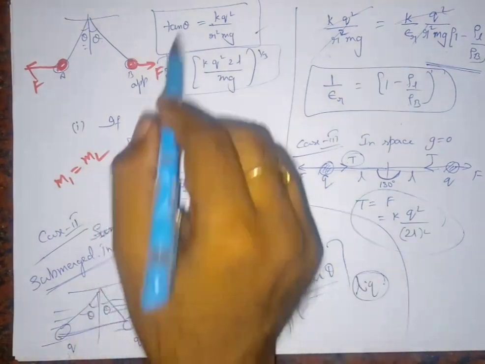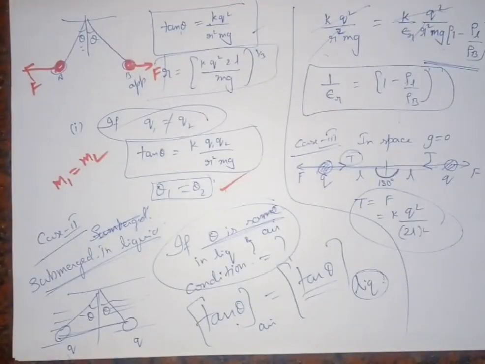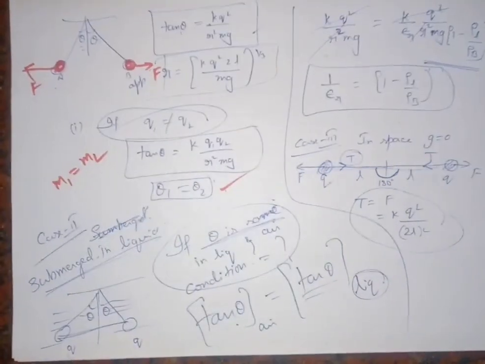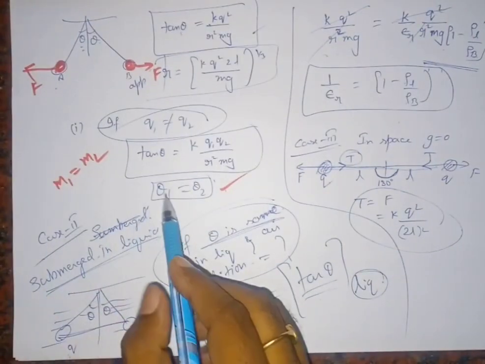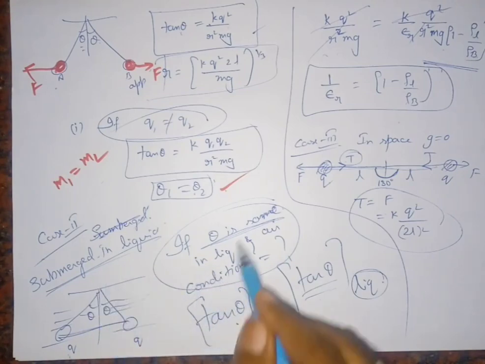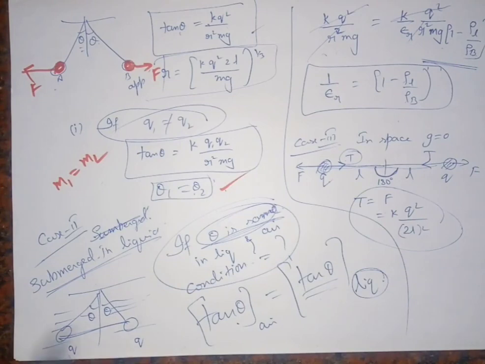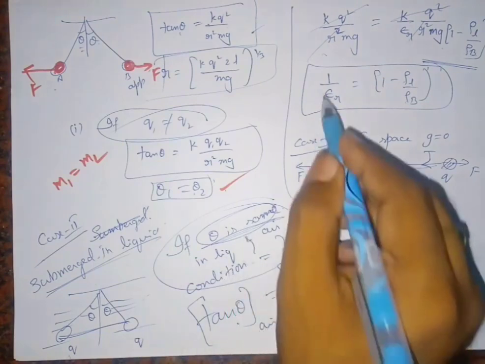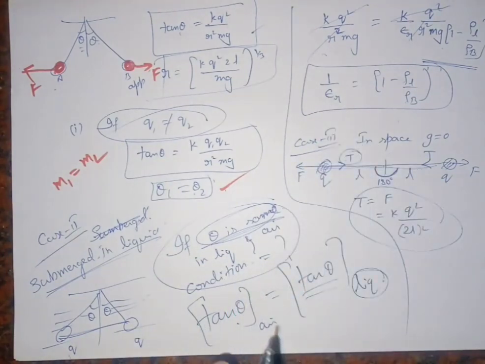So we took the same expressions and tried to see what happens if the charges are different. Charges are different, but the forces on both of them will be the same according to Newton's third law, and hence the angles would remain the same. Here, what happens if I submerge inside the liquid and the theta is to be same? That is given as a condition. We are taking the condition that theta should be same. In that case, what should be the requirement so that theta would be same? So I equated the value of theta in